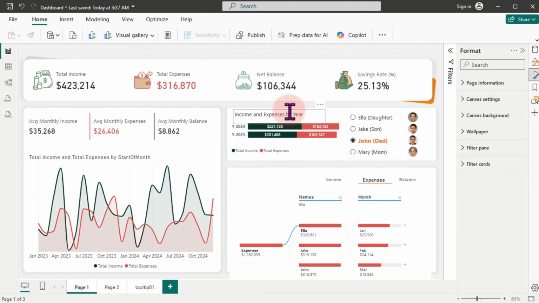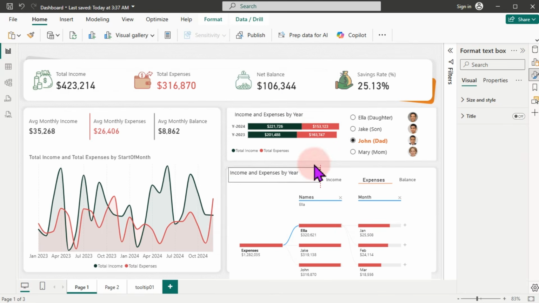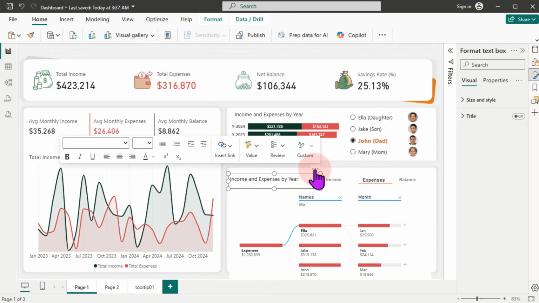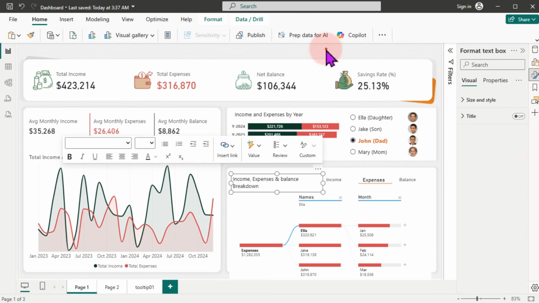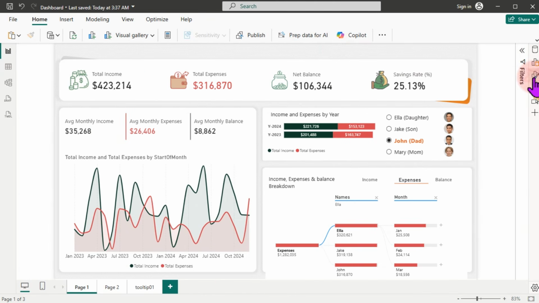So here we go. Let us copy this particular part right here, which is this very one here. So we're going to Ctrl C to copy and Ctrl V to paste. I'm going to bring this one over here. So while we have this one over here, what we want right now is to type in here. All right, everyone. I believe this gives you an overview of how you can create a dashboard